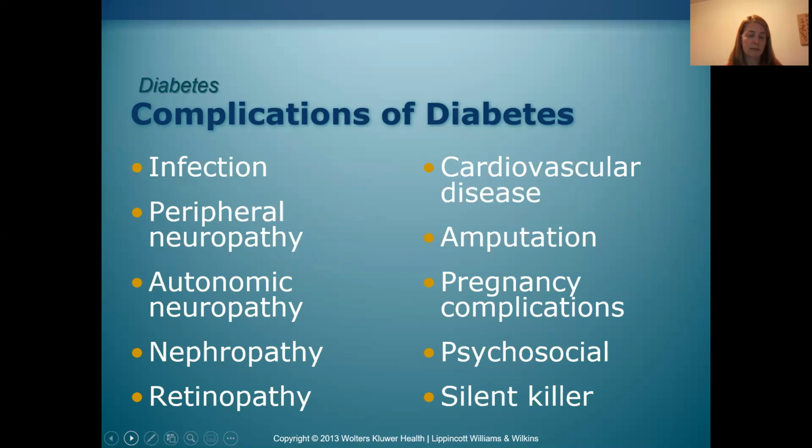Complications of diabetes can be infection, peripheral neuropathy, fingers and toes don't get the sensation that they normally would. This is why somebody with diabetes could possibly have limb amputation if the diabetes had progressed enough. Nephropathy, which is renal disease, blindness, which is retinopathy, cardiovascular disease, amputation, like I said, when the peripheral neuropathy